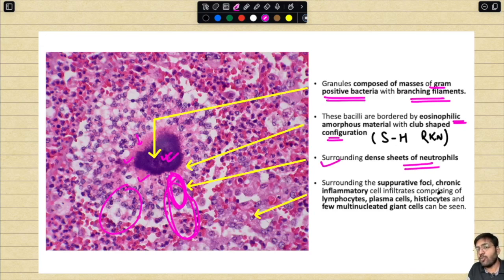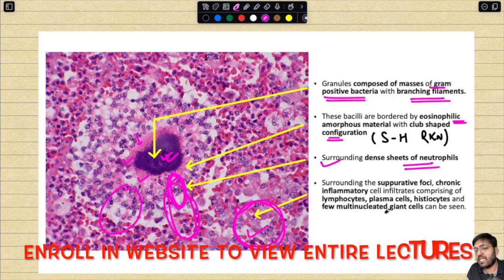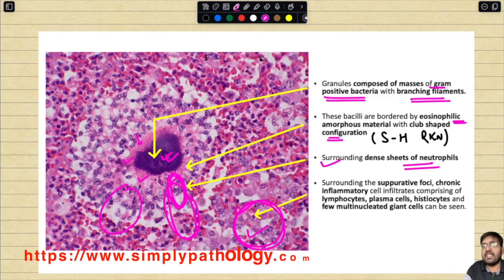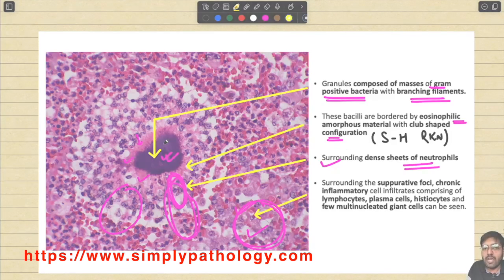And surrounding the suppurative foci, chronic inflammatory cells are present. So this is the area where the chronic inflammatory cells are present, comprising lymphocytes, plasma cells, histiocytes, and a few multinucleated giant cells can be seen as well. So I'm just going to repeat once more. At the center